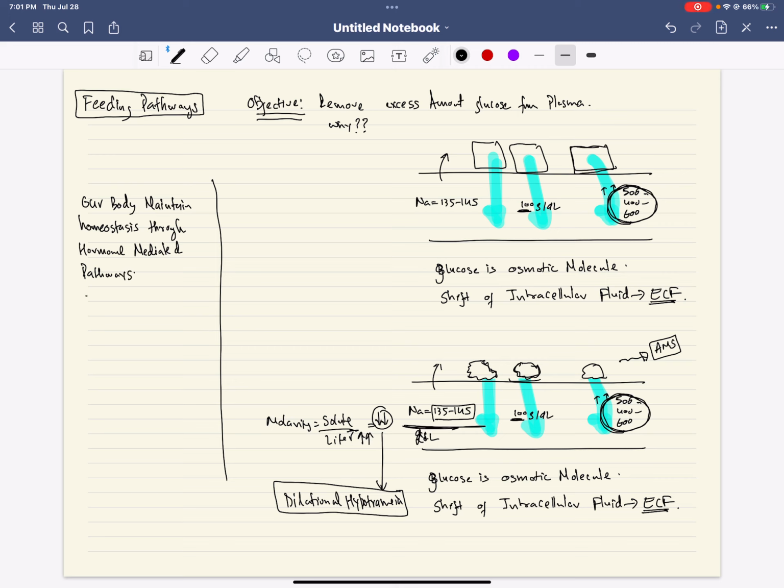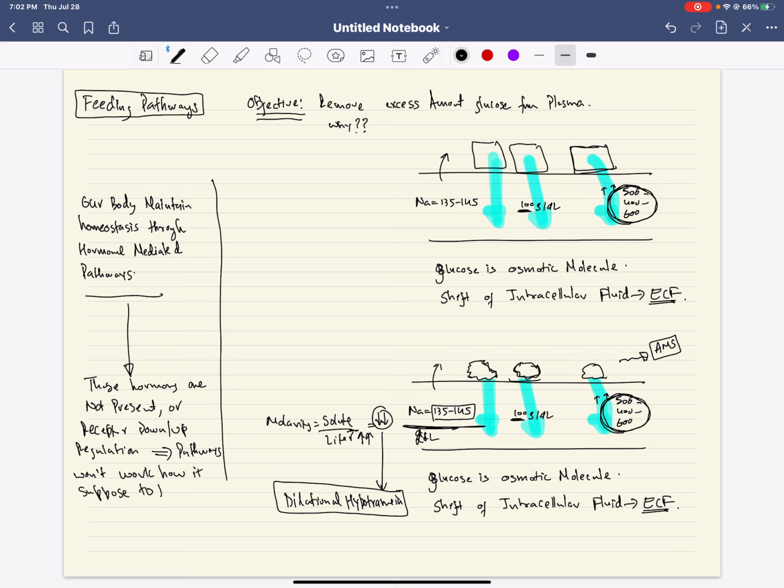So when these hormones are messed up, when these hormones are not present, or there are receptors down or up regulation, these pathways won't work how they're supposed to,